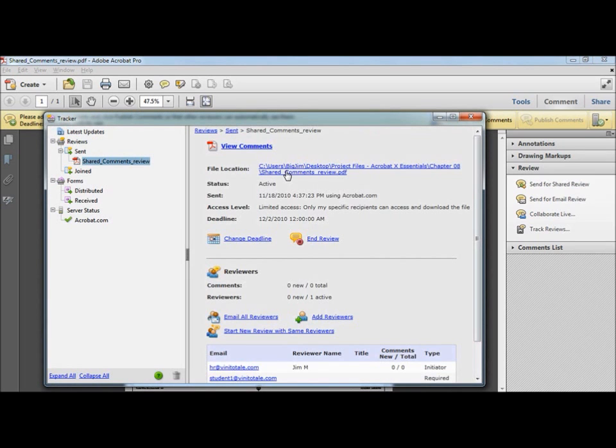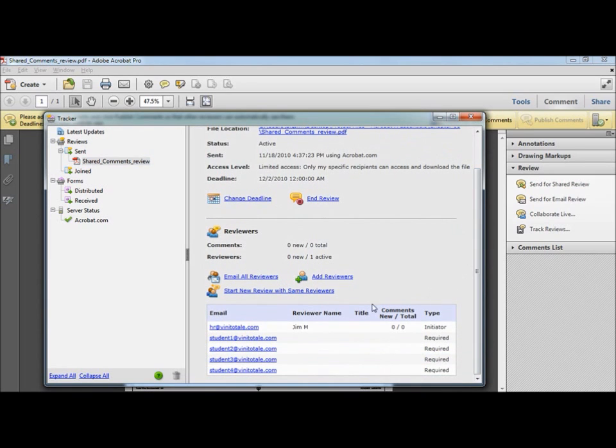In this interface, you can keep an eye on the progress of your review. Most importantly, at the bottom of the window, you can see a list of the recipients and how many have responded so far. If you want to see how the shared review works on Acrobat.com, launch your email application,